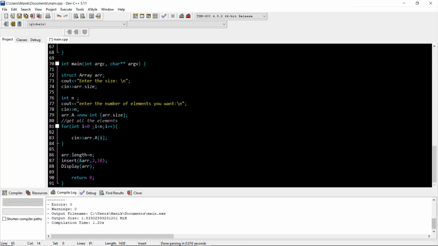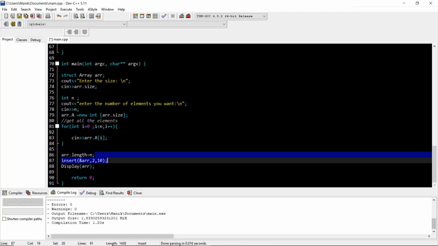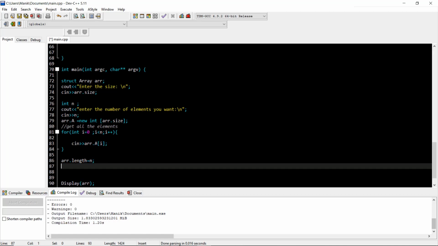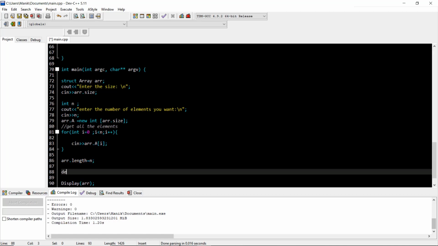Okay, so in this case we need to just print the result of display delete. Okay, so ampersand of arr we need to pass. Let us suppose we delete the element at index 2.